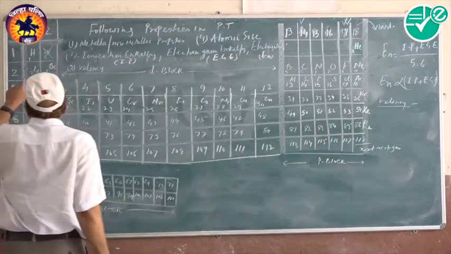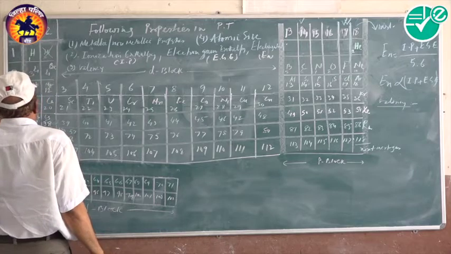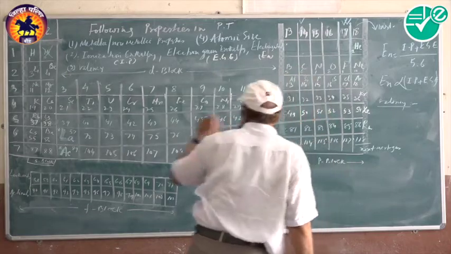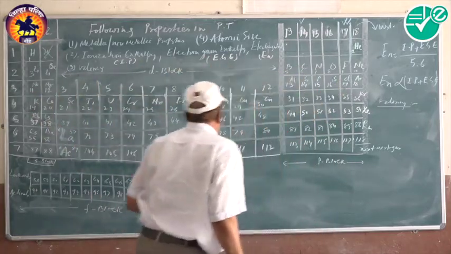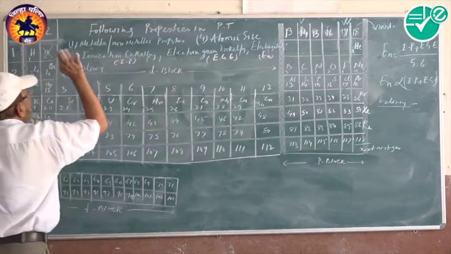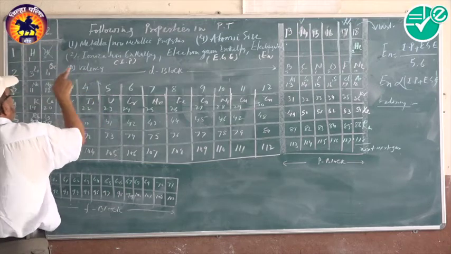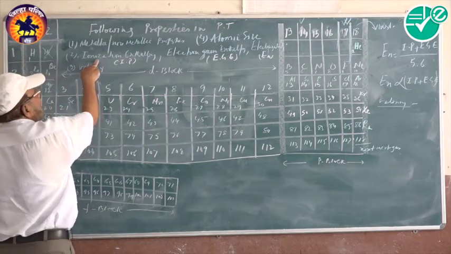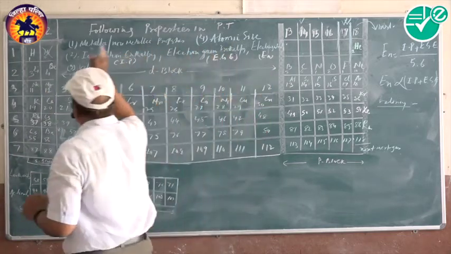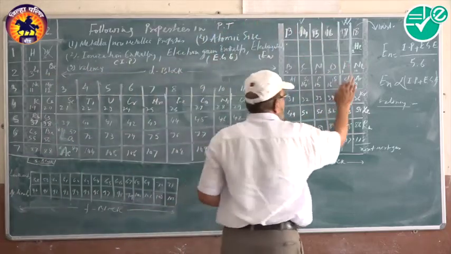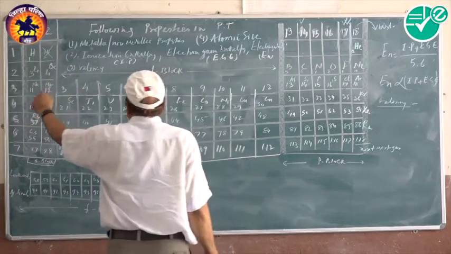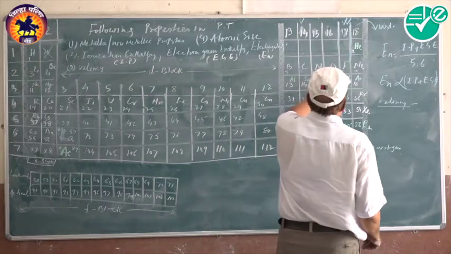Therefore, atomic size of elements from 1 to 17 goes on decreasing, because the first are metals and the later ones are non-metals. Again, metals have large size, but these three properties are low. Therefore, in case of metals, ionization potential, electron gain enthalpy, as well as electronegativity are low. In case of non-metals, they are high. Therefore, from left to right, these three properties increase from 1 to 17.